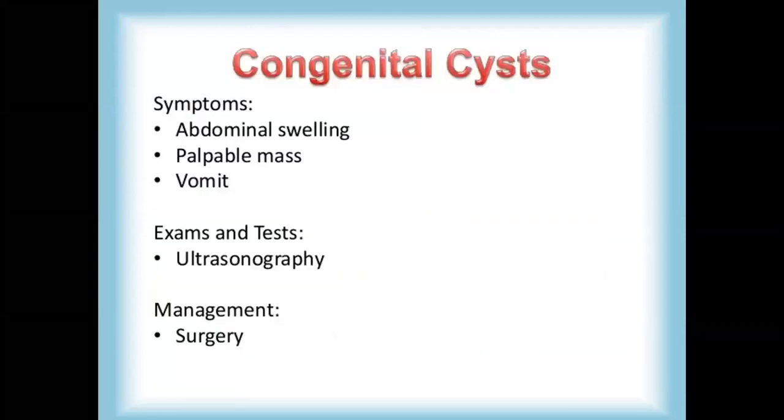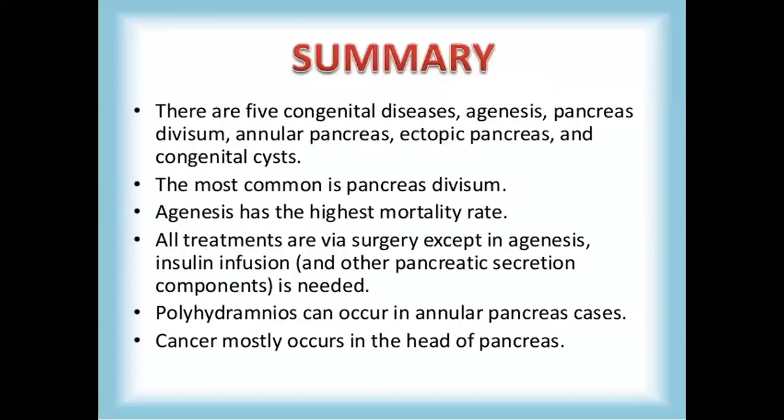What are the symptoms? There's usually abdominal swelling, a palpable mass, and the patient might vomit. An ultrasound scan will do the job. The management is surgery. Now, in the summary, I've made the summary of the congenital diseases, and I will say